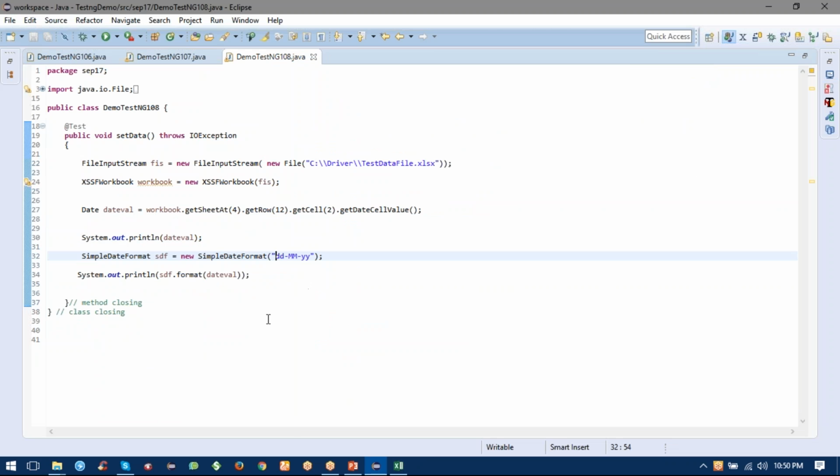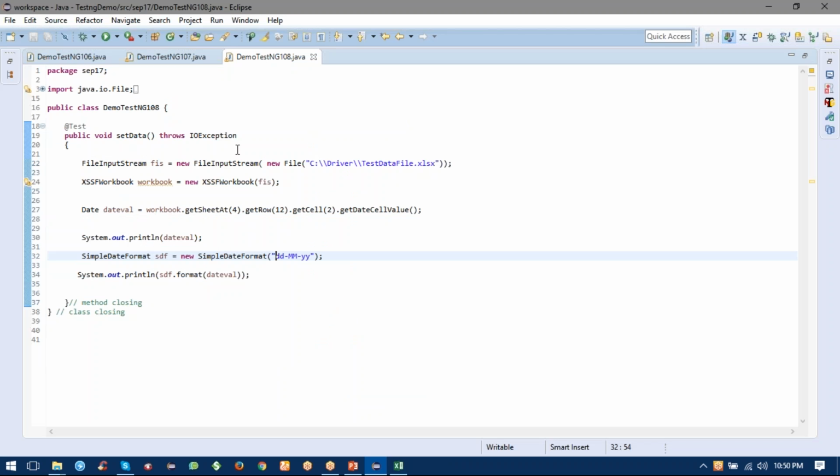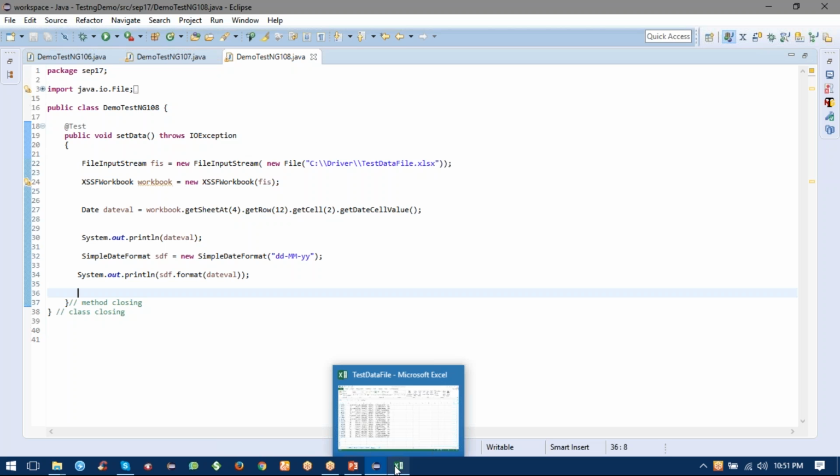So this is the basic operation for Excel file reading. Now I will show you how you are going to associate this test data to your test cases. Now, binding from Excel. The basic logic for that is that you have to create